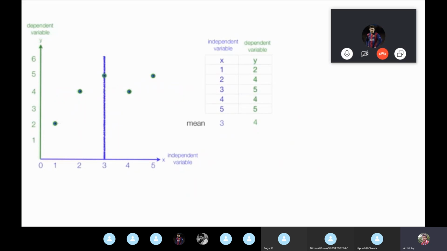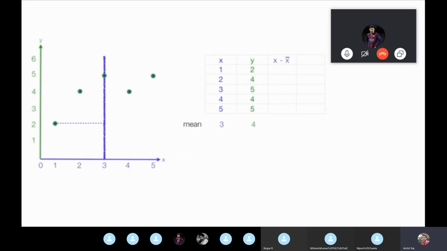Now how exactly do we find those means? To find those means, we have a formula. Let's go back to the point. From the mean of x, we try to find the distance of each and every point and find the difference between their x coordinates. Like we have these particular points, and we'll find each point's distance from the mean of x. That's exactly the distance, because we are considering the equilibrium distance. And for each and every point of the data set, we'll find the distance from the mean of y.